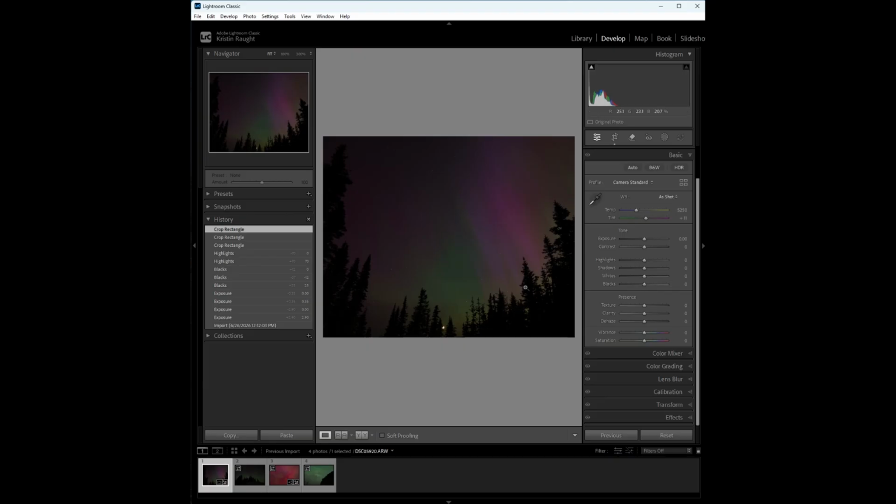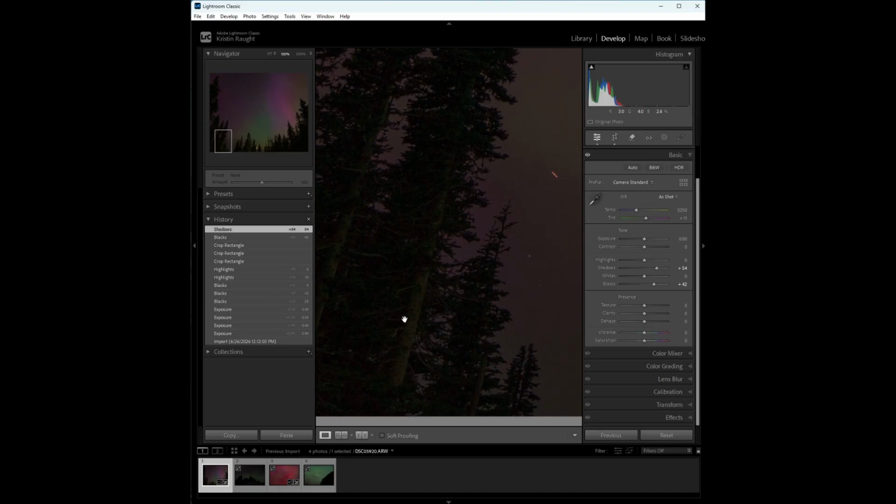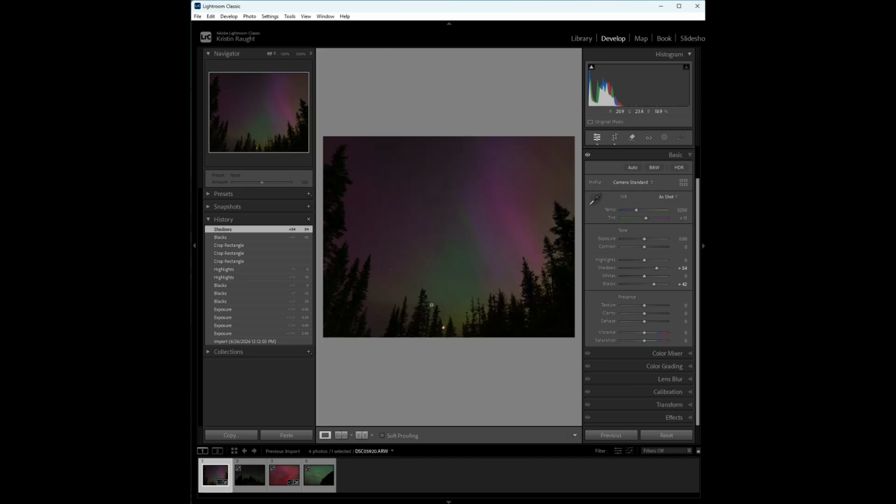Okay, so the first thing I want to start with is the blacks. I want to raise those up just a little bit. Well, not a little, maybe we'll keep it at 42 for now, and then bring up the shadows, of course. This is something I want to do to bring out a little bit of the detail on the trees. So I'll do it that way. And then we'll double check and see what we need to do. And highlights,